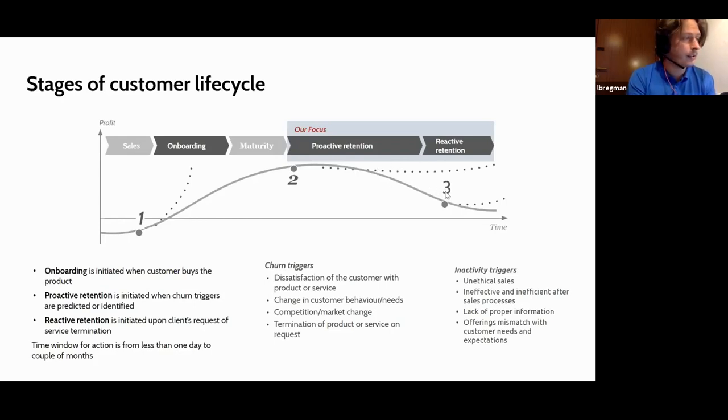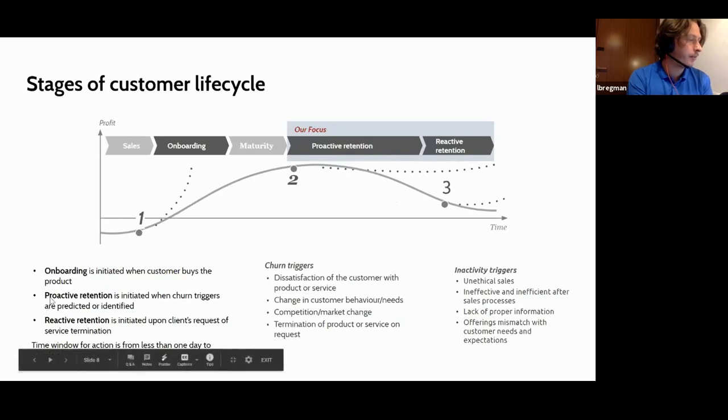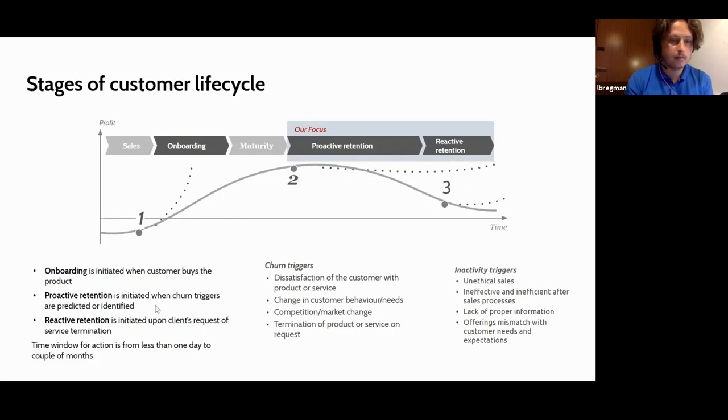Yeah, and so the focus of churn analysis should be here. From the point when the customer became very profitable, you should keep an eye on him and make sure that he is super happy about everything. Then this proactive retention part is initialized when churn triggers are predicted or identified.